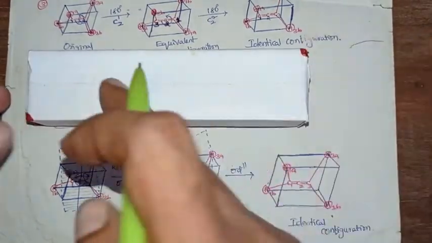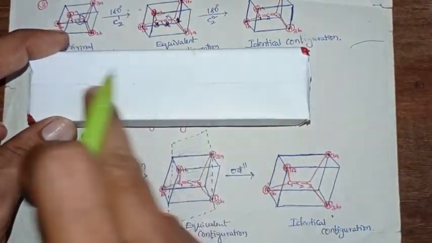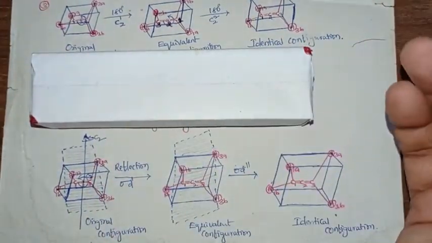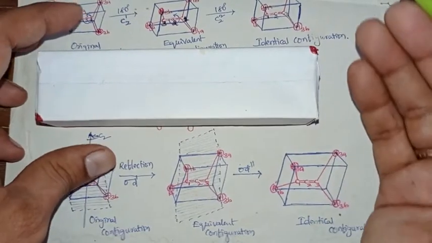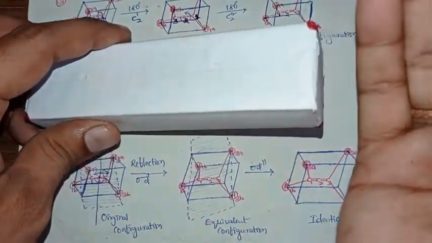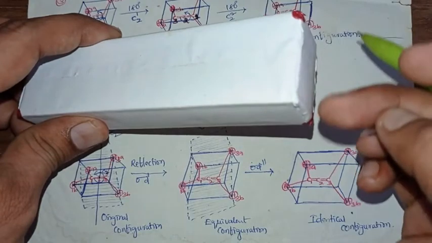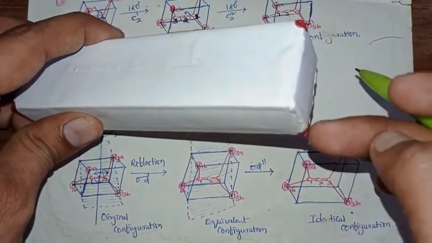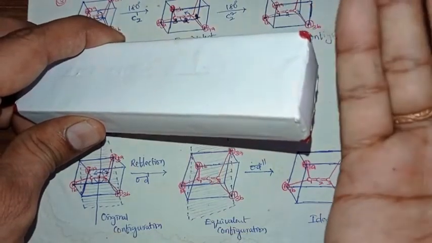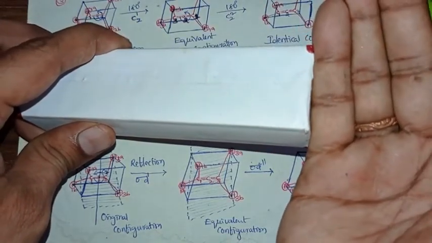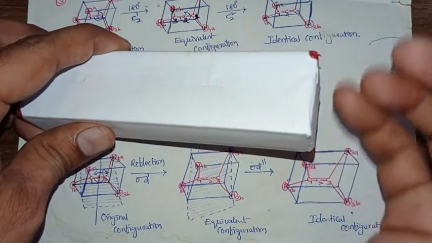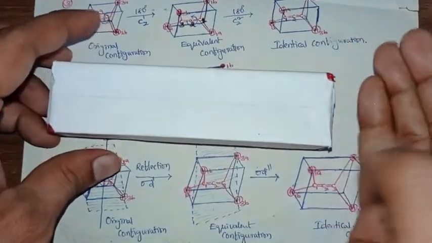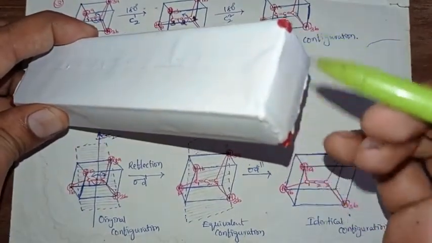Allene has three carbons in the middle, right? So here, how we are applying the dihedral plane is a plane which passes through one of the methylene hydrogens, one site of the methylene hydrogen. Here we have one hydrogen site. If we apply the plane from there, it passes through these two hydrogens and also passes through the three middle carbon sites, right? This is the diagonal we are going with.